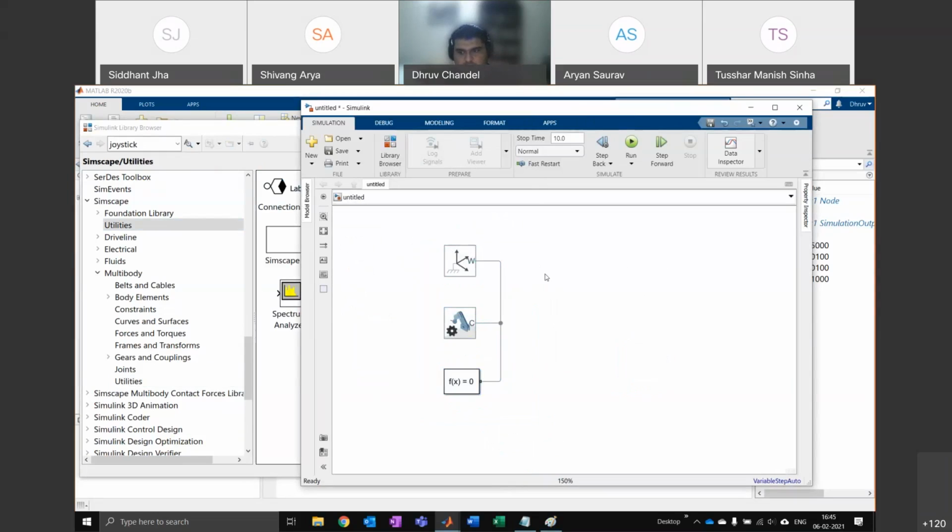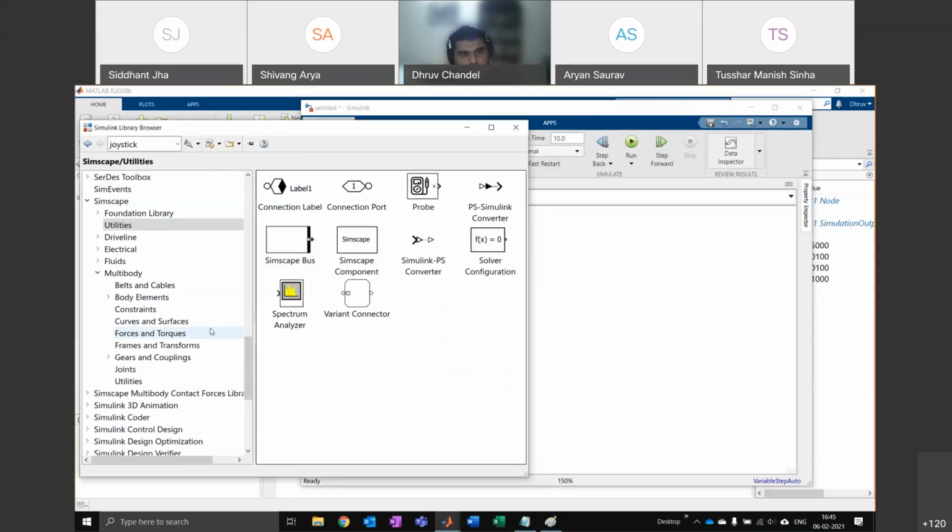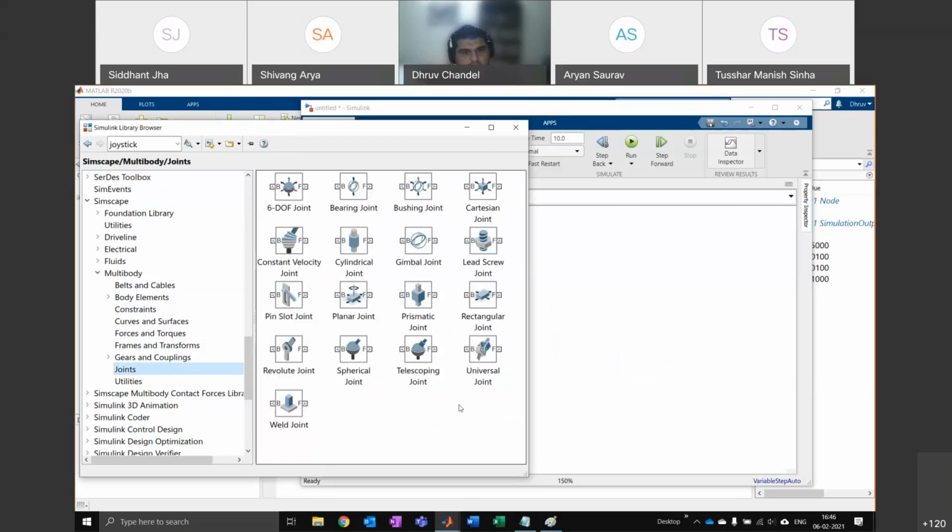So suppose that I just wanted to make a pendulum, like the one that we had before. What we could do is go to joints and maybe ask for this kind of revolute joint. A revolute joint is something you can rotate around like this. You also have other kinds of joints here. You have cylindrical joints, which is up and down motion.